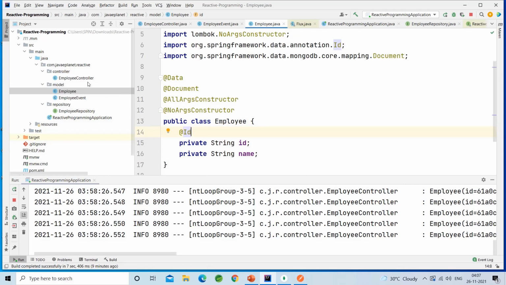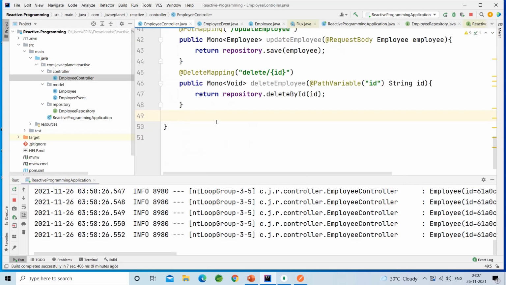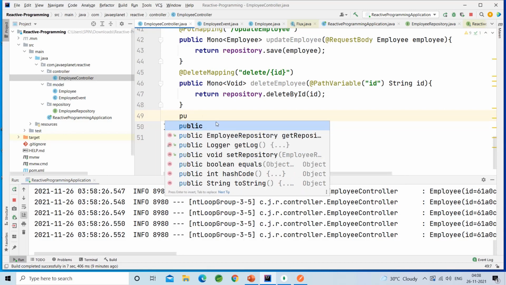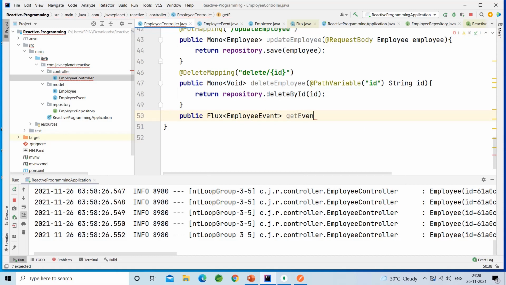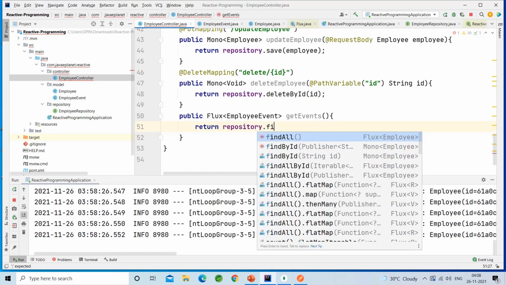Now what I will do is, I will open the controller, I will create one method. Public Flux EmployeeEvent getEvents that returns repository.findAll.